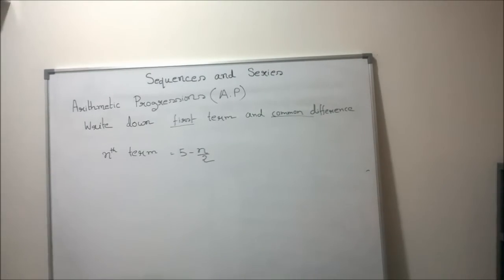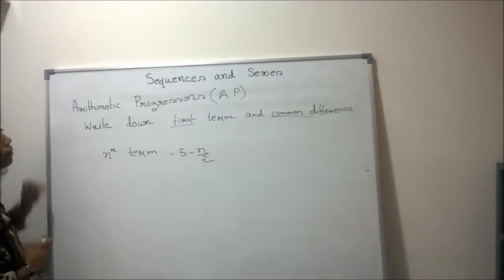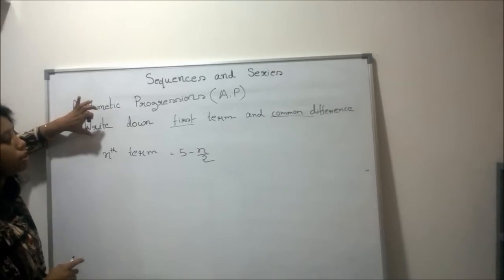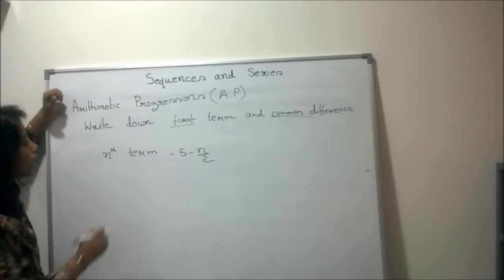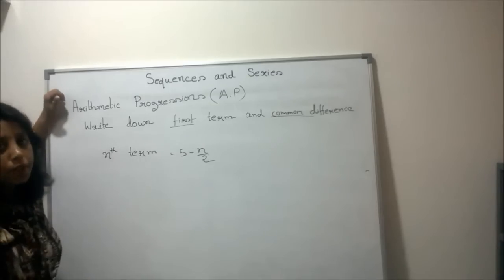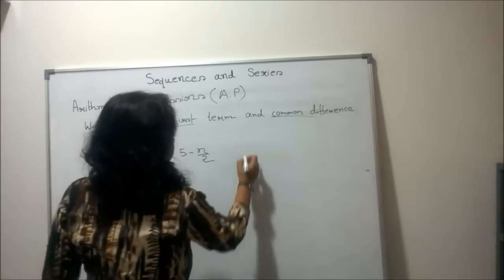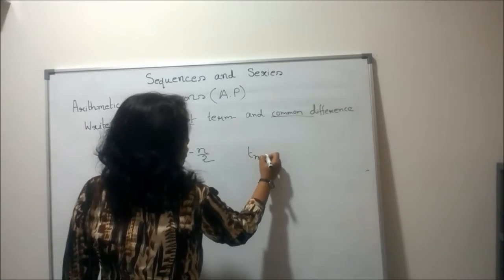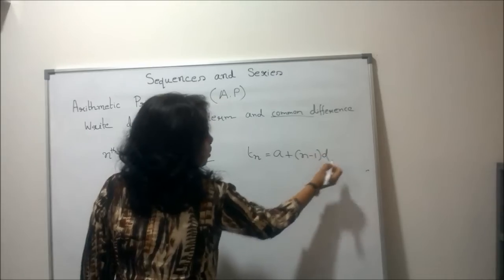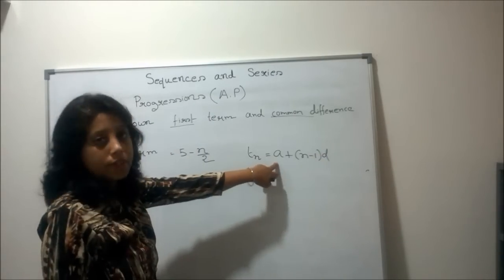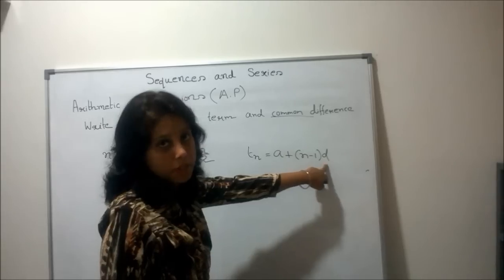Okay. So see here, our next problem is given. Nth term is given, and from here we have to find out the first term and the common difference. Okay. So here nth term is this. But what we know about nth term? Nth term is Tn, that is a plus n minus 1 d, where a is the first term and d is the common difference. Okay.